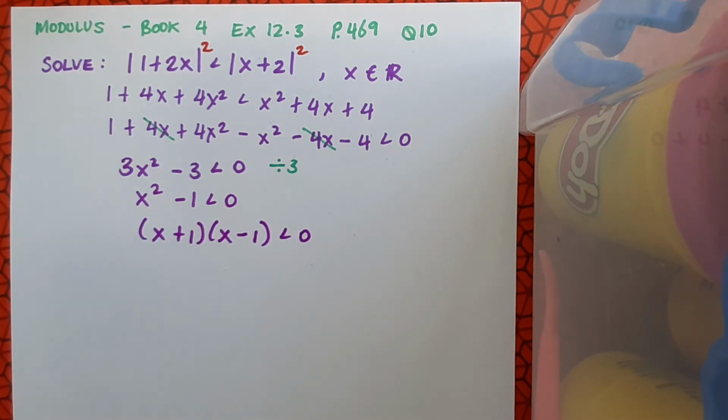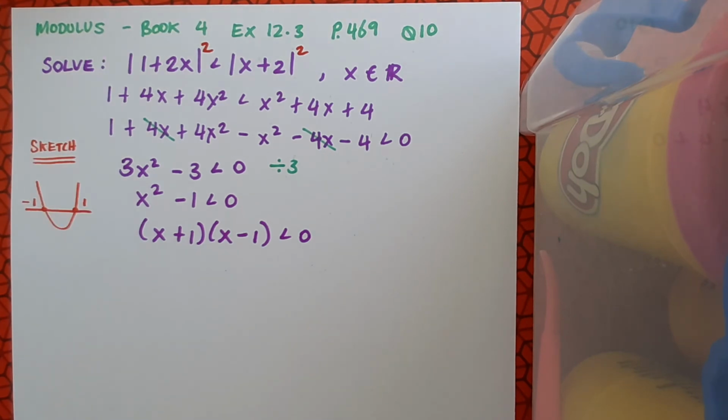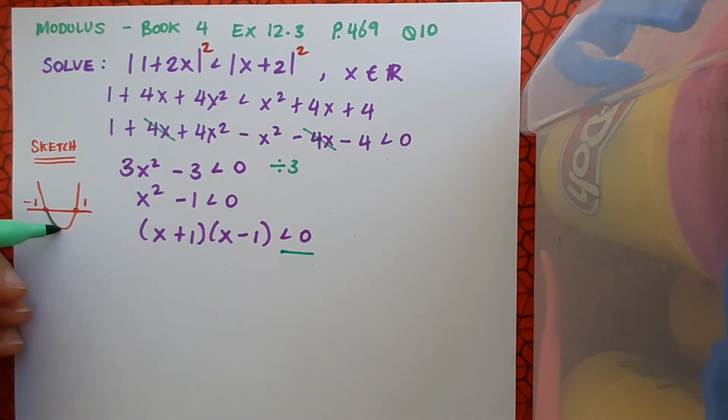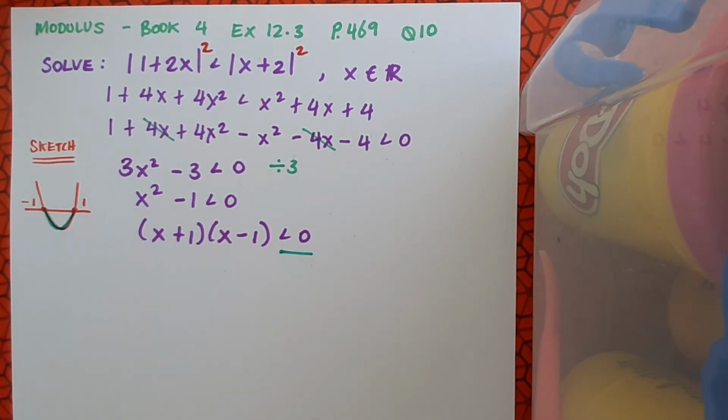And that's pretty straightforward. But then don't forget, it is an inequality, so I have to draw my sketch of the quadratic in order to get my inequality symbols for my solution. So there's my sketch of my quadratic, and of course I'm looking at less than 0, so I'm looking below the x-axis. So it's this portion of the diagram that I'm looking at,